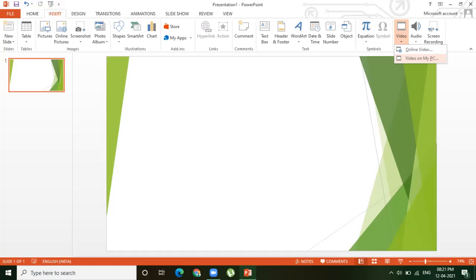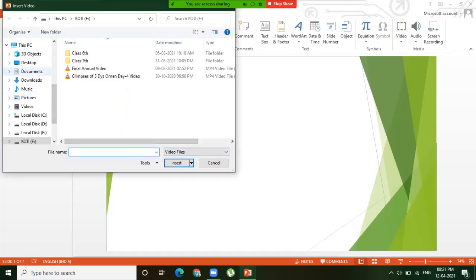Click on it. Select the video files that you have in your computer. You can select the video clip.